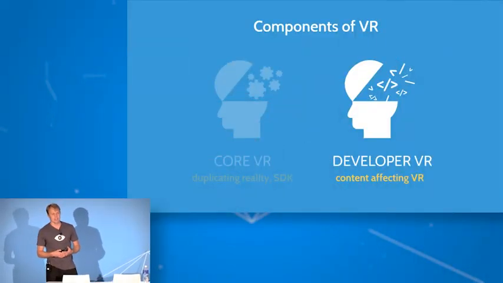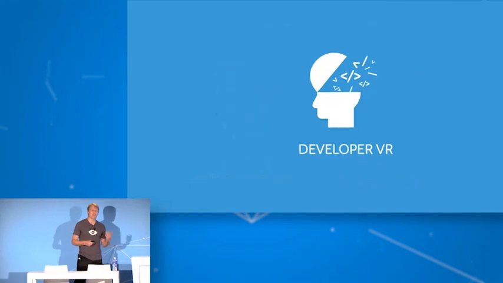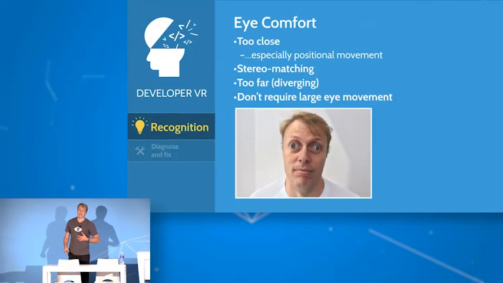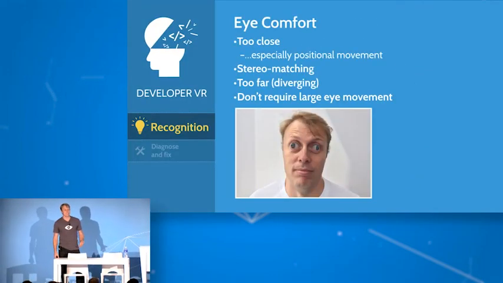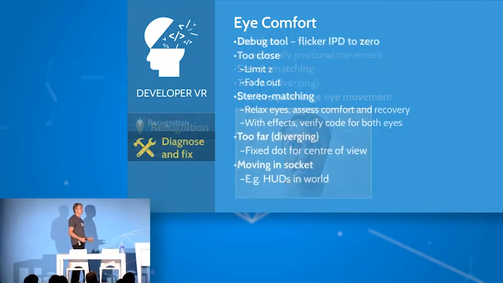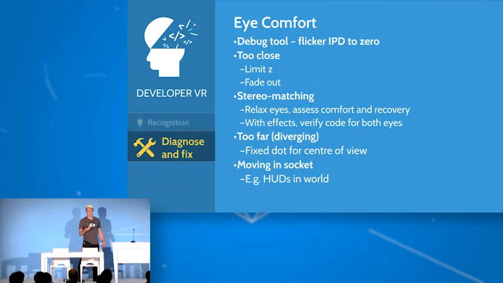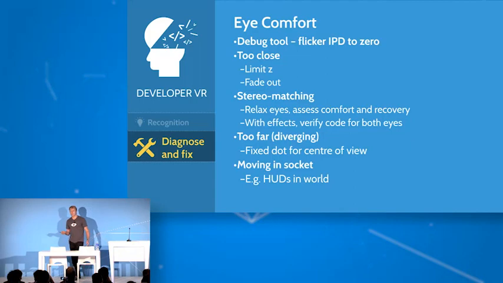So perhaps some big things that happen quite often, that we've had internally or that we're finding with developers, are perhaps the biggest gotchas, if you like. Eye comfort is something we keep finding that hasn't had the attention it needed. So allowing the user to get a bit too close to scenery, particularly because with the positional tracking that we do, we kind of invite it in a way, because if you're in a cockpit, there's a chair behind you,